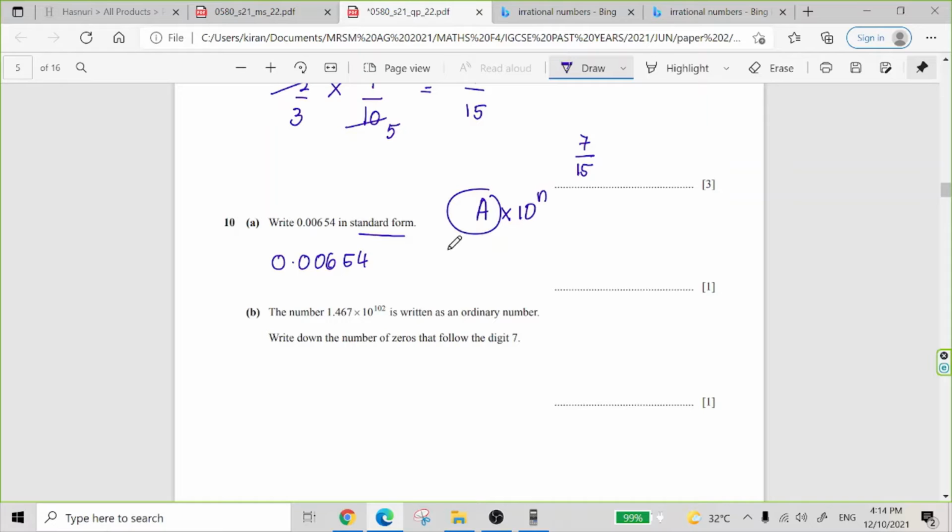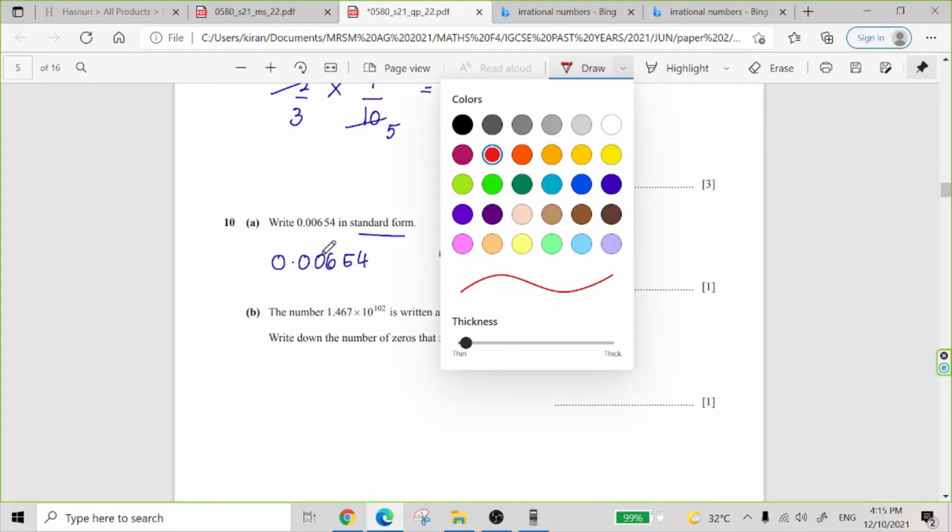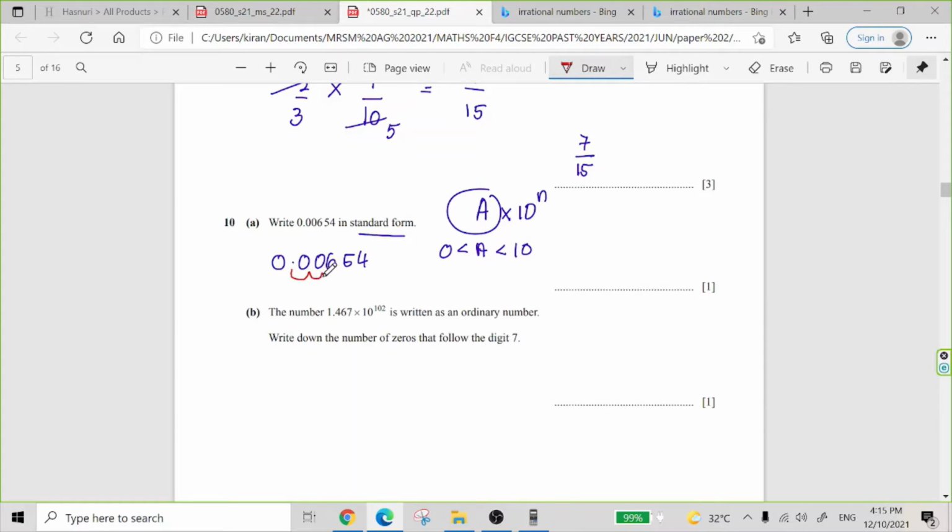This is a number between 0 and 10. So it cannot reach 10, meaning 9.7 is acceptable. To get that form, we move the point. 1, 2, 3, so we move 3 steps to the right. So it would be 6.54 times 10, because 3 steps, so to the power of 3, and then the number